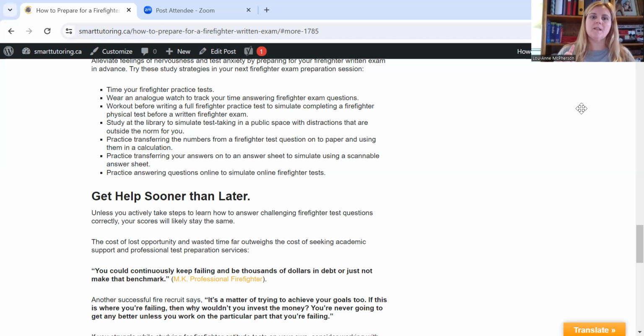The second point was transferring answers from your work, wherever that might be, onto a Scantron sheet. Okay. And that is especially true for you if you have strategies in place that require you or enable you to skip, then continue to practice those. If you don't have strategies in place, then you want to learn how to do that before you attempt it. Okay. And then lastly,